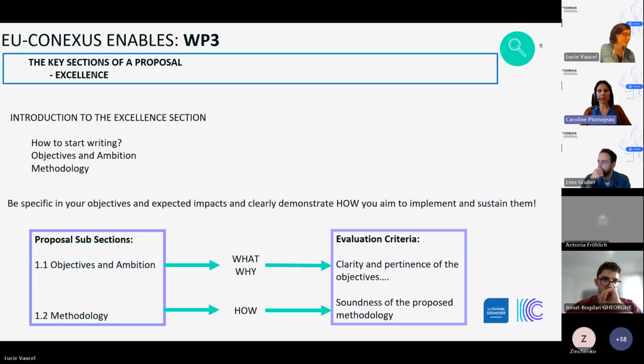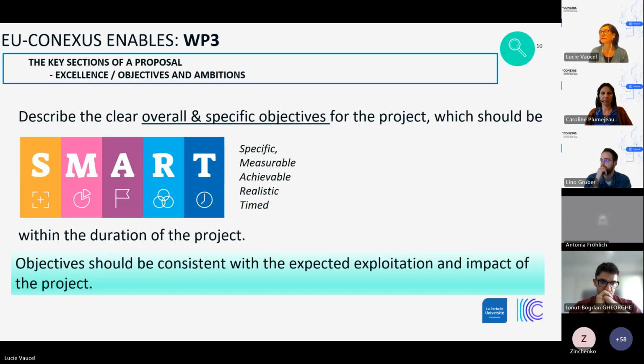The first subsection within the excellence chapter refers to the objectives and the ambition of the research project. Your objectives have to be clear and pertinent. And the second one is the place to present the project's concept and approach, as well as the selected methodology you will use to get this. So first, regarding the objectives,